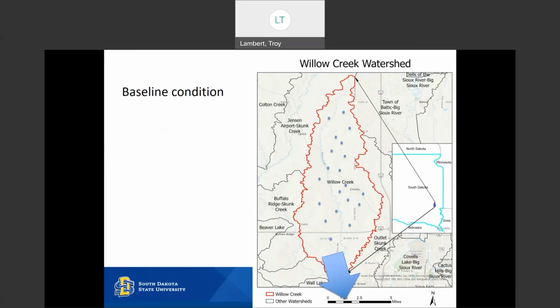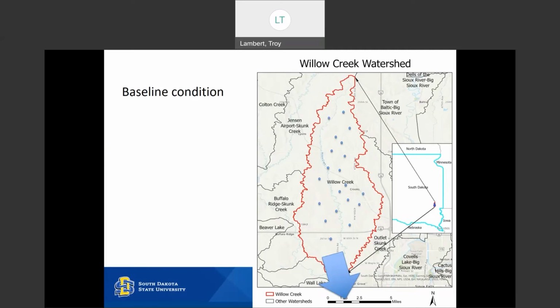And basically the premise that we're working off of is, if we can use soil health practices or soil health approaches to improve water storage in the landscape, right, within the soil, using the soil to maximize what's held in the landscape, then what difference can that make at the watershed outlet?